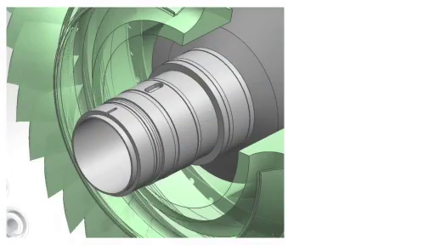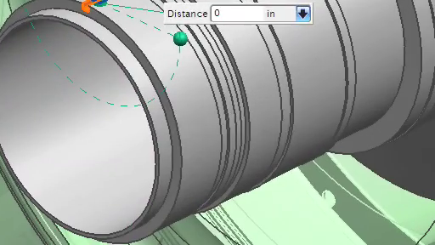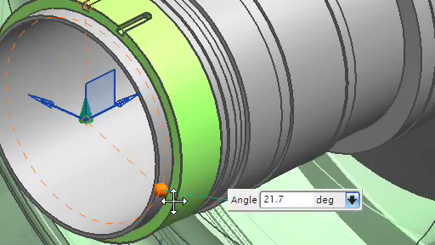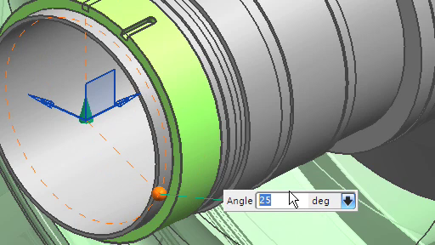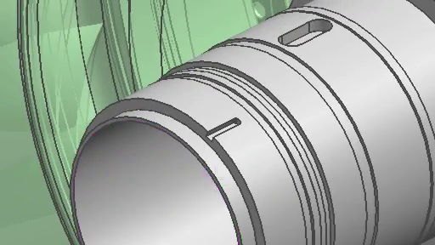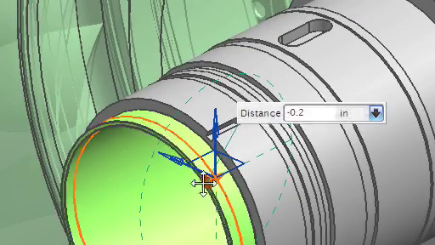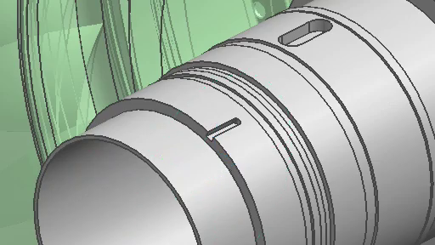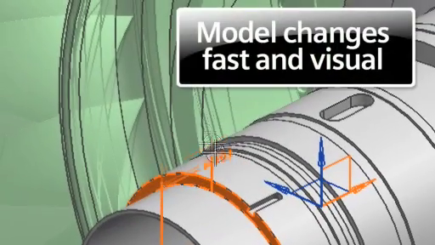In this gas turbine assembly, we have been asked to make a number of changes to the main shaft. In conventional history-based models, this would require an understanding of the construction approach. Synchronous technology removes the need to understand the way a part was designed. Simply selecting what needs to change and to change it, rotating with simple pick and drag options, making model changes